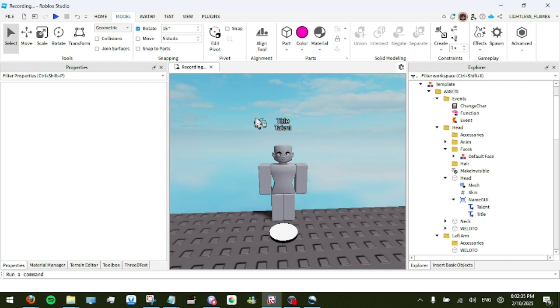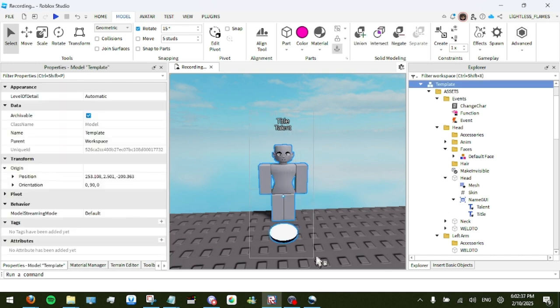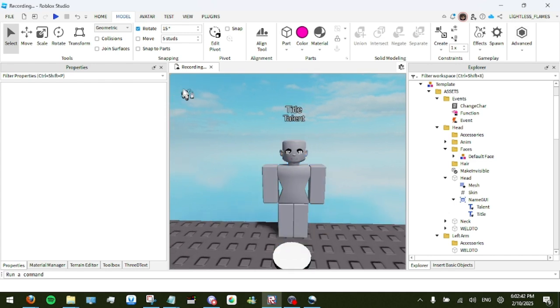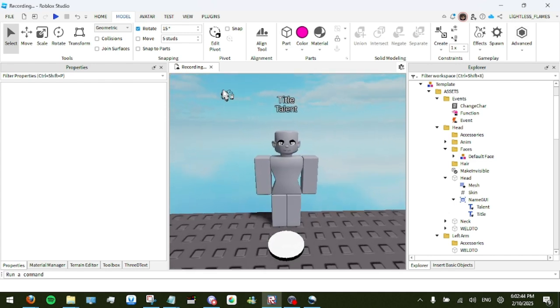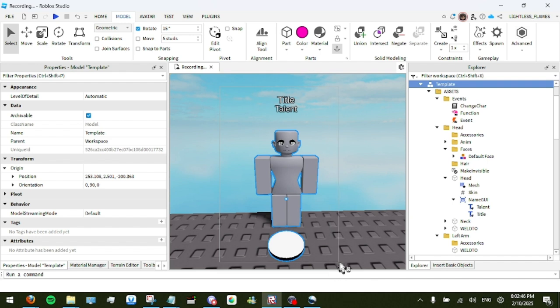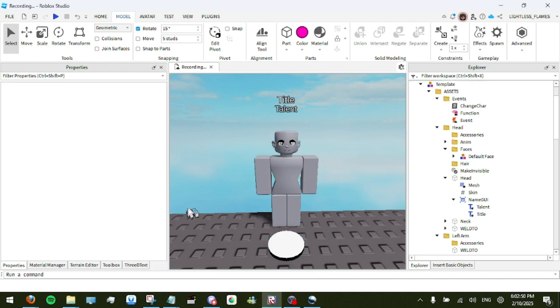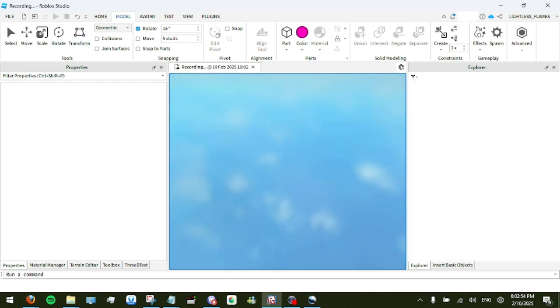But anyway, welcome back. As you can see, the Morph template looks different. There's obviously a ton of new features that you could see just from first glance, and I'm going to go over all of them and explain how to use them, what they do, and how they differ from the old template. First off,